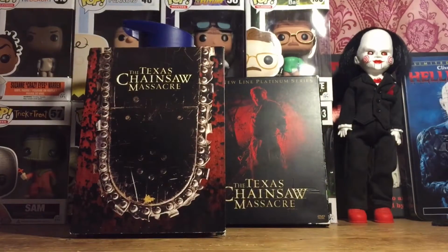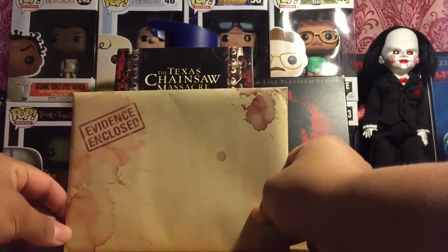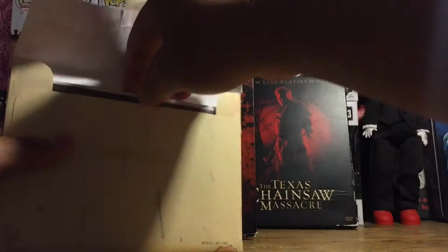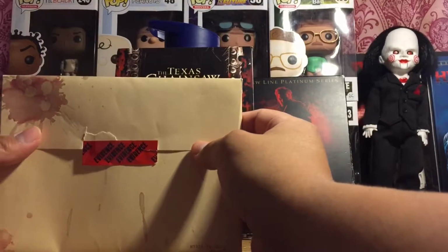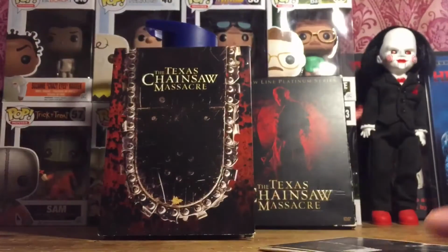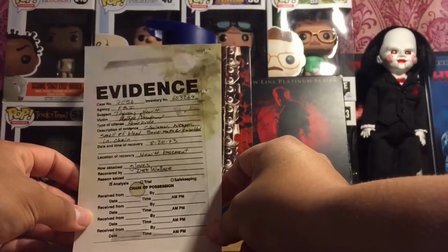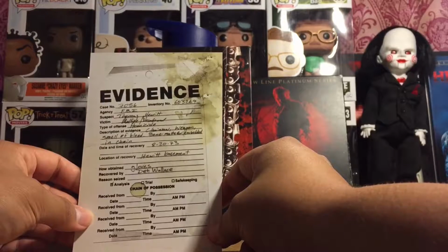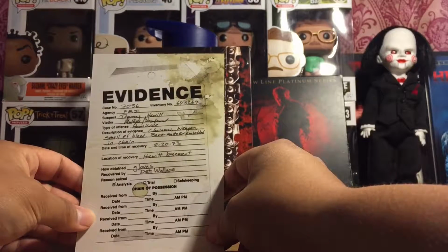But let's get into these evidence files right here. See, I love the little tape right there. So our first photo, we're going to start right here in the back. It says suspect Thomas Hewitt, victim multiple, type of offense homicide, description of evidence chainsaw weapon, smell of blood, bone